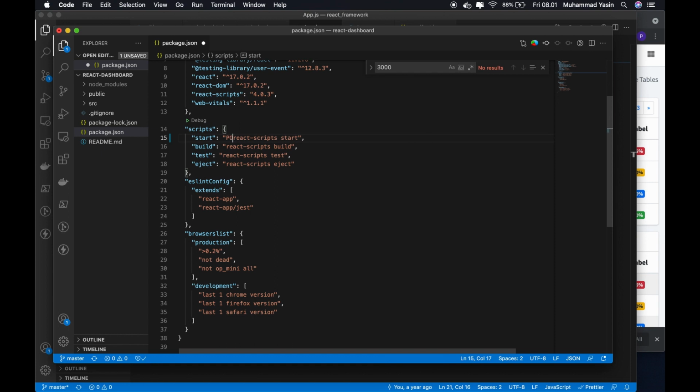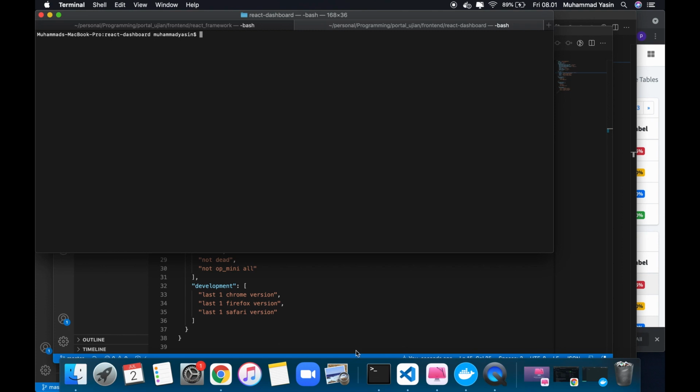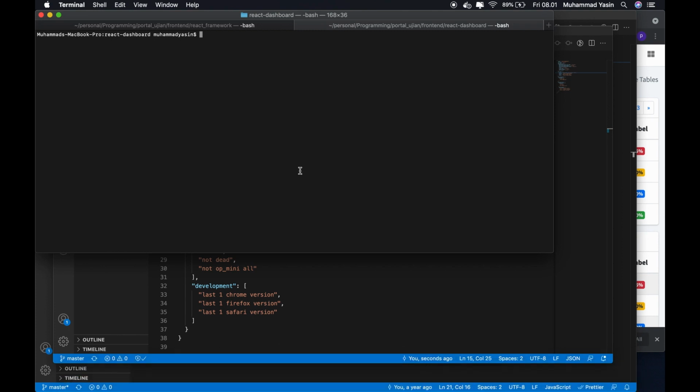We can set the port as maybe 4000. But before you do this, you have to search for an unused port. You can see which ones are used in Mac. It's different from Windows. You can search for a script to check the used ports. In here,